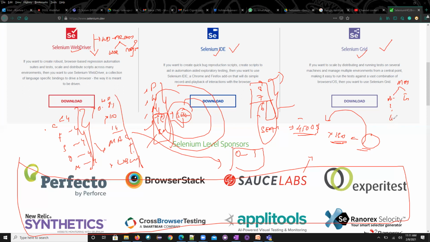So now we need to test it in Oreo and Marshmallow and then Nougat, and then we need M, N, O, P, Pie, Q. We need to test it in R. So now all these versions, we need to test it.